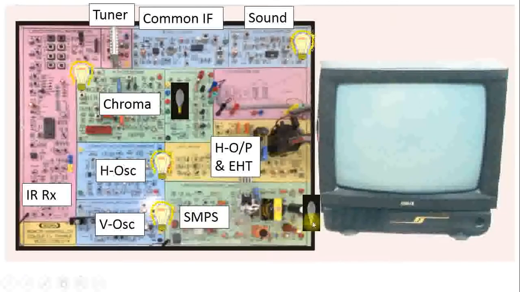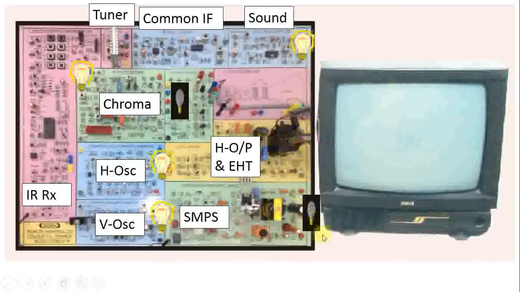Where this white bulb is glowing, there are three outputs: 115 volt, 33 volt and 12 volt. 115 volt DC goes to the horizontal output stage amplifier section, which